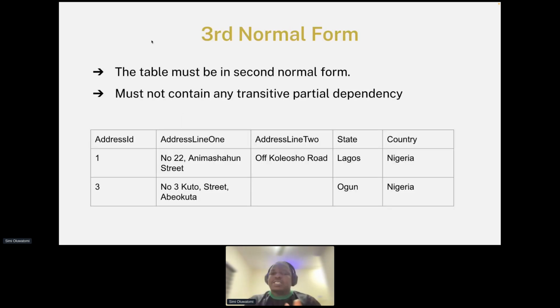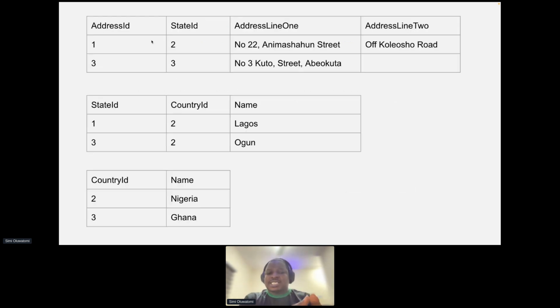Now, the third normal form is that you must be in the second normal form and that you avoid repetition. This is so as to guard against integrity problems when you are updating your database tables. So look at this table. We have the state and we have the country. Meanwhile, the better way to store this data is to extract the state to its own table and then extract the country to its own table. This way, the data becomes third normal form.